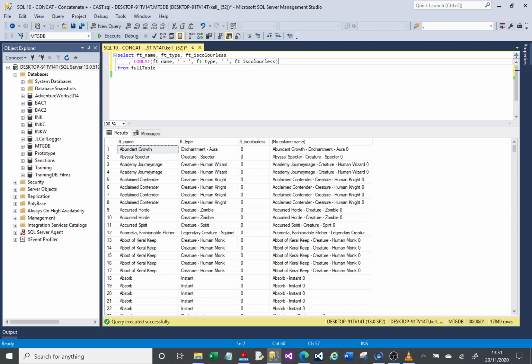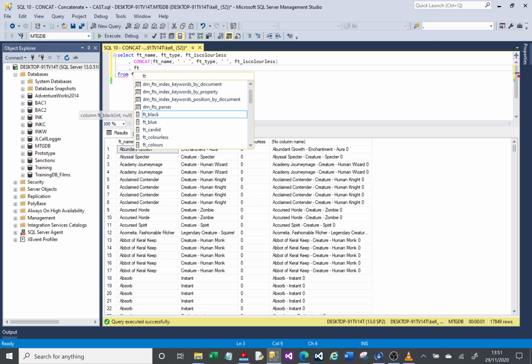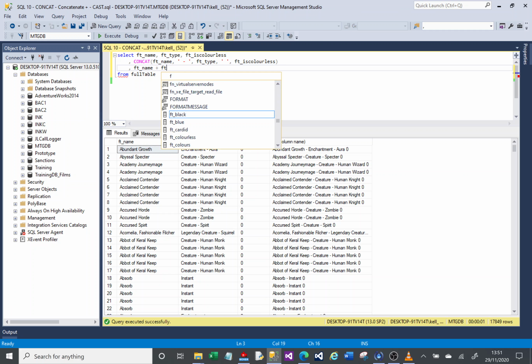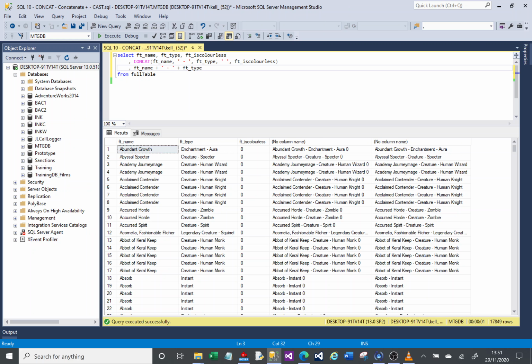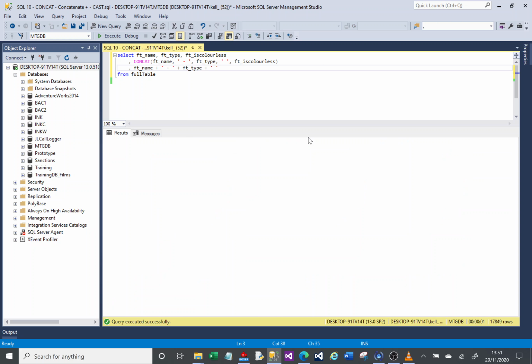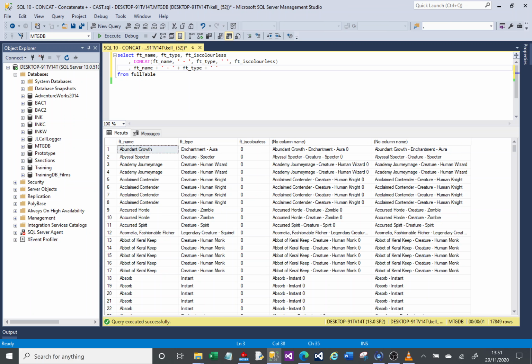There is another way of doing concatenations in SQL, and that is just to say I want that column plus that column, and that does kind of the same thing, and I can separate it like that. So that column plus space dash space plus that, and that works. The complication comes in when you're doing the last little bit. It'll accept that fine with the space at the end, but when you then come to add this column, we're going to get an error,